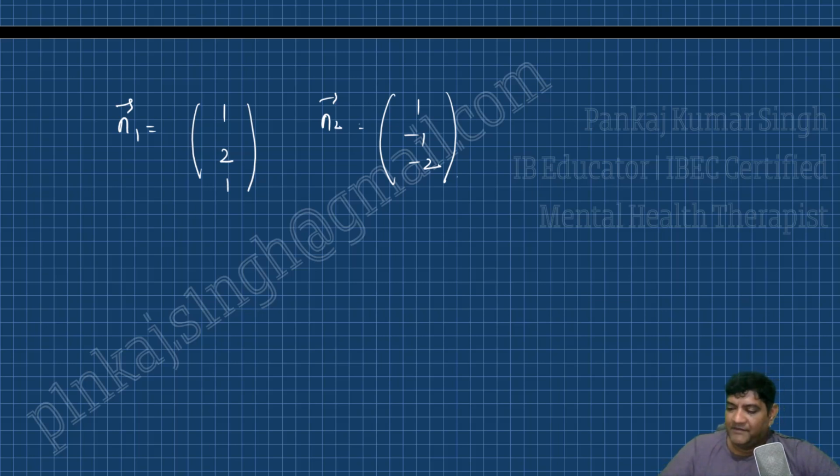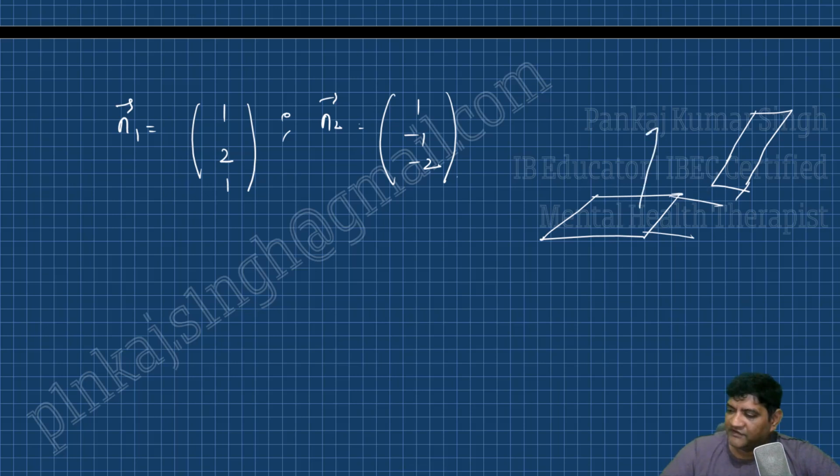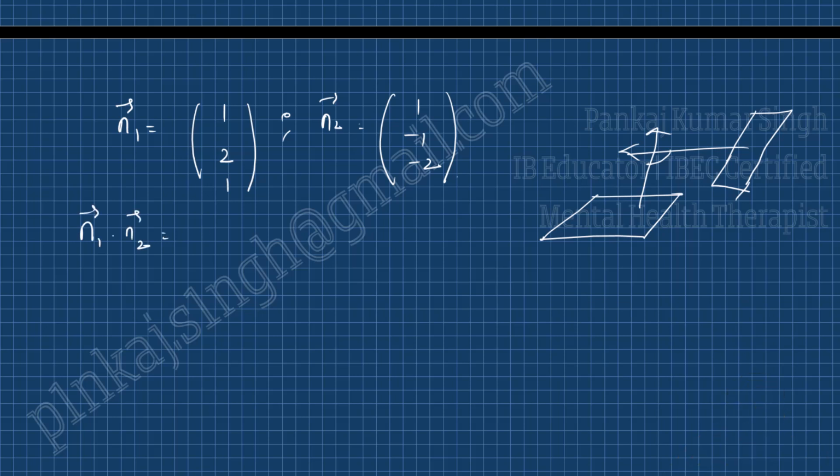All right, the angle between the two planes is defined as the angle between the two normals to the plane. So if this is the first plane and somewhere here is the second plane, and obviously they're going to meet here somewhere, but this is not the angle that I'm looking for. I'm looking for the angle between the normals. This is the first normal and this is the second normal. This angle will be known as the angle between the two planes. So for that, I'm going to be using the dot product. n1 vector dot n2 vector is simply going to be equal to